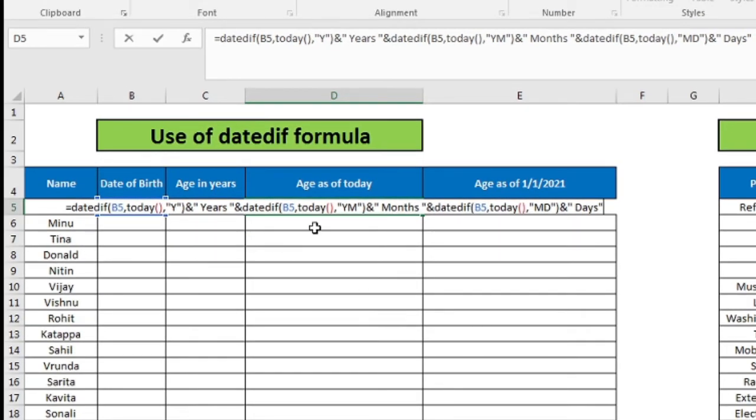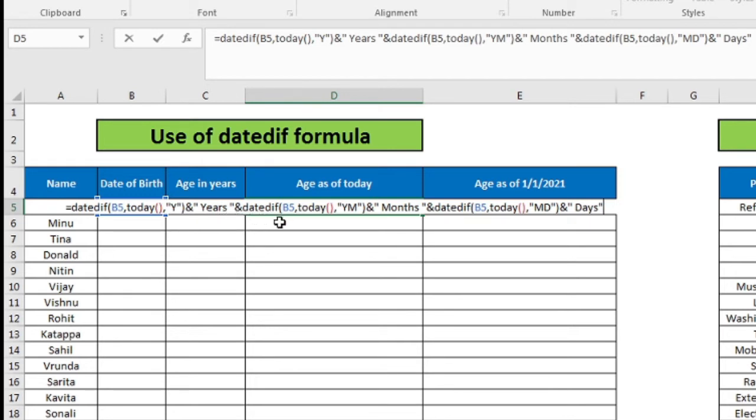One is for years, another is for months, and third is for days. How did I do it? And also I added some words in between, which are the words years, months, and days. So look at here. Here again, what is the formula? DATEDIF, start date is date of birth, B5 cell till today. So TODAY(), comma, format is y. So in double inverted commas y, and that should be combined with written in words as years. So & double inverted commas space years space complete double inverted commas.